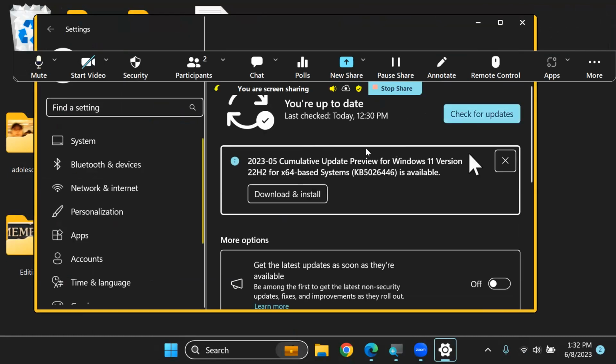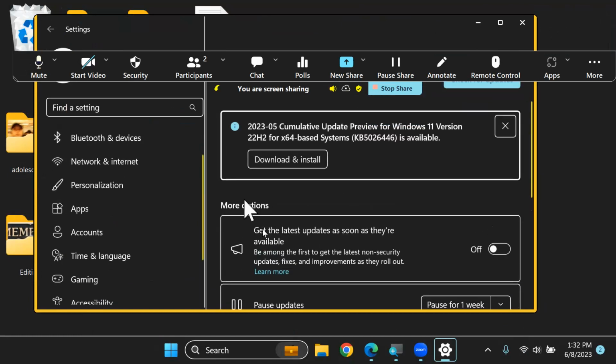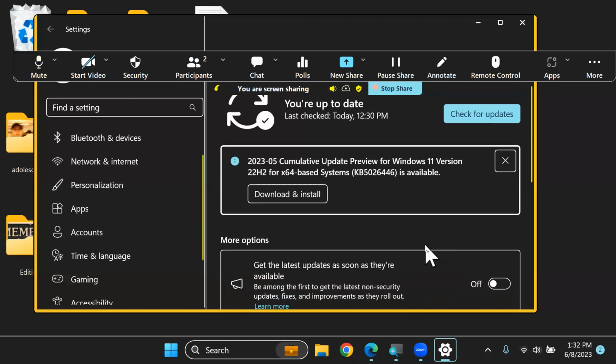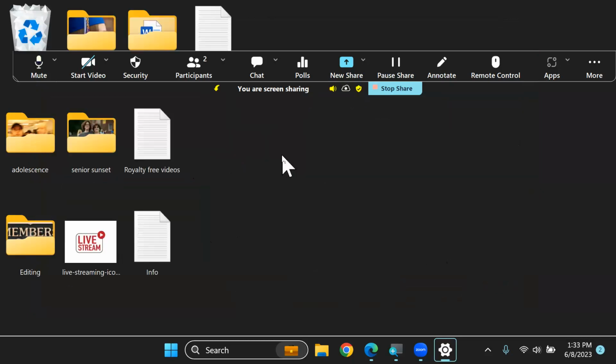And this is where you would check to see if you have any updates. You click this light colored button up in the upper right corner. But you can also, if you are on Windows 10, down here towards the bottom somewhere, there will be a little message that says upgrade to Windows 11 with a little button that you click on. And if you don't see that message somewhere on this page, what you can do is you can go online